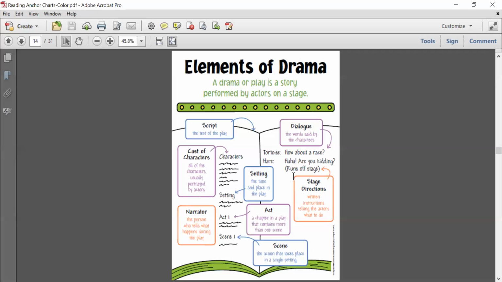And then the stage directions are the words in parentheses telling Hare what he needs to do. So you see how it's in parentheses under Hare's turn to talk. That means Hare is going to be the one that performs the stage direction. Okay. Also, in a play, there'll be a cast of characters, which we talked about